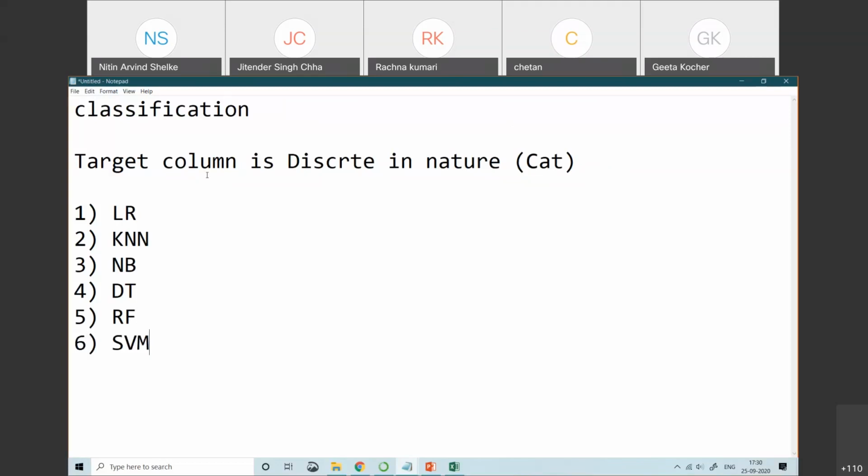SVM is a classification algorithm, and mostly it is used for classification, but nowadays it is useful for regression problems also. For regression we have a different class called the support vector regressor, but the primary task for the SVM algorithm is classification.